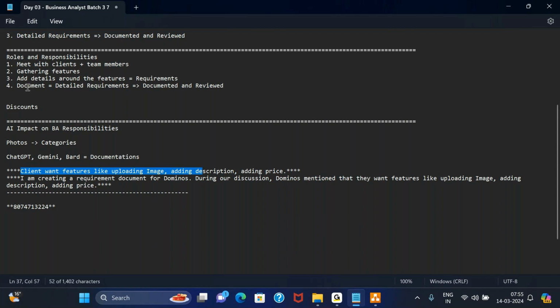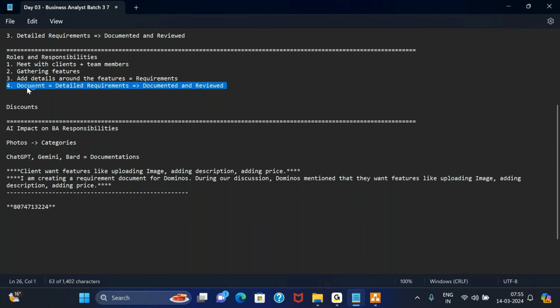Now this document that we have, during our training program we will go through some of the templates like the business requirement document, functional requirement document, and use cases: what these documents are, when they are created, what they are used for, and what the difference between all of them is. So that we understand what different levels of documents are available to us as business analysts, and when these documents should be created by us, and what different level of information goes in.